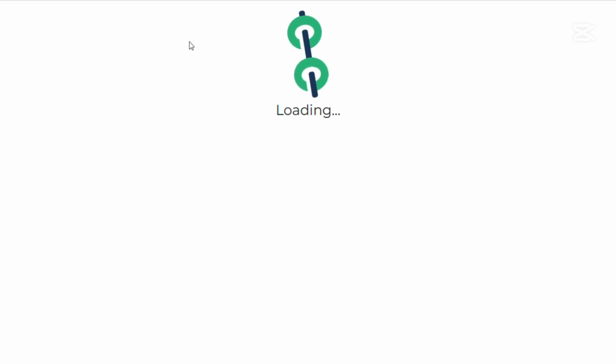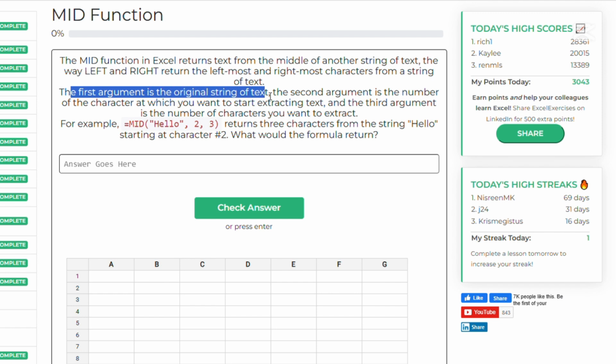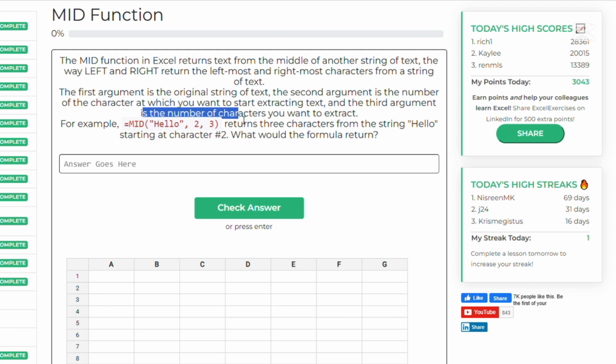Now we're going to have the mid function. The mid function in Excel returns text from the middle of another string of text, the way left and right return the leftmost and the rightmost characters from a string of text. The first argument is the original string of text. The second argument is the position at which you want to start extracting text. And the third argument is the number of characters you want to extract. So for example, equal mid, hello, comma 2, comma 3, returns 3 characters from the string hello, starting at